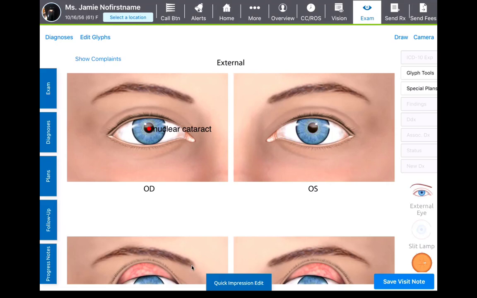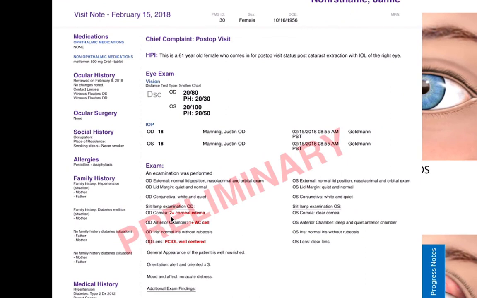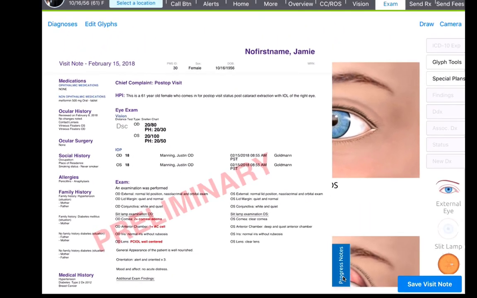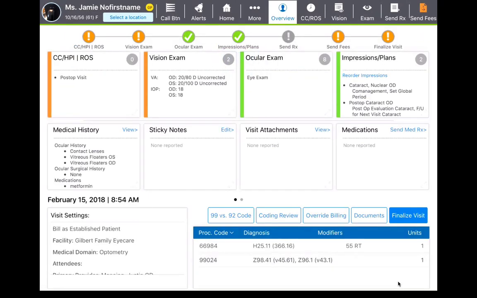Before I save my visit note, though, I'm going to show you in the exam chart itself what actually gets documented. What I brought over from this same protocol is 2+ corneal edema, 1+ anterior chamber cell, and a PCIOL that is well centered. Now we'll save our visit note, and what we can see that we have is our